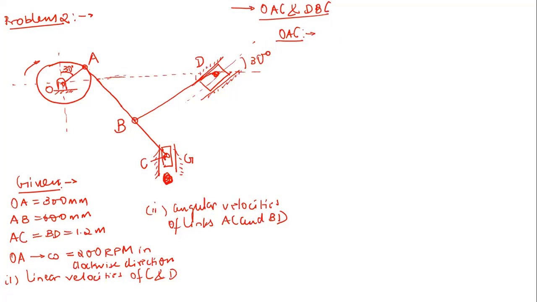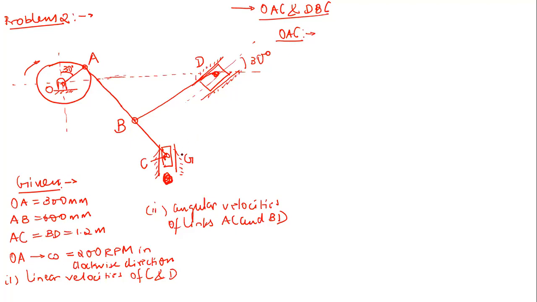Sir, OC equals to OA plus AC. Right. So OC is equal to OA plus AC. Correct. So very good. So see, always when you have such kind of things, right? So just see this velocity of C vector, that is also not known to us. So what we can do, we can simply go for this.